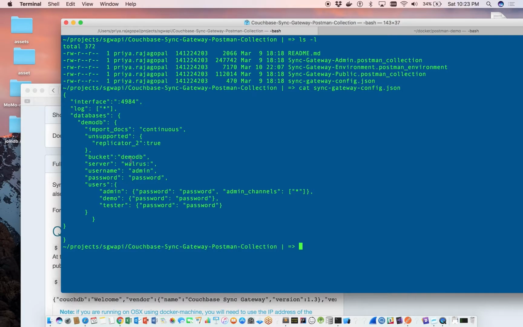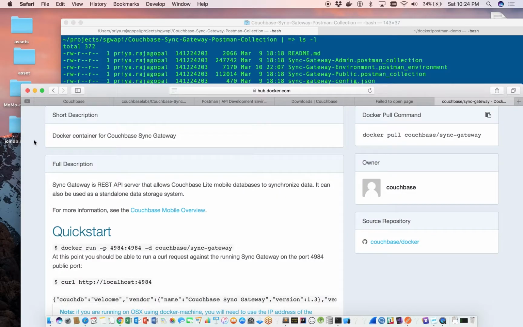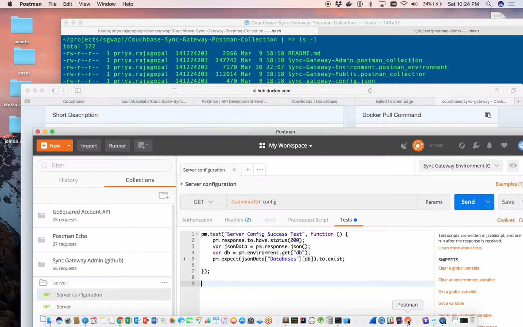Over here, it's pretty straightforward. I have a bucket, demo DB. I have the server is the Walrus server. I have a couple of users configured. The config parameters that I have over here correspond to the ones that I have in my environment variable. So if you see, I have a database that is demo DB, and let's go back to our Postman